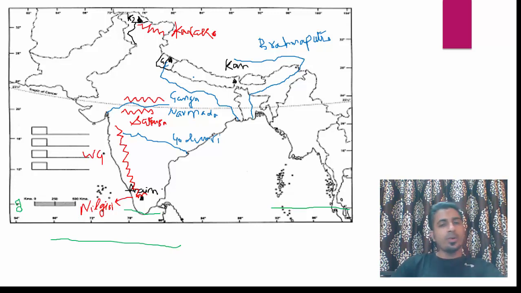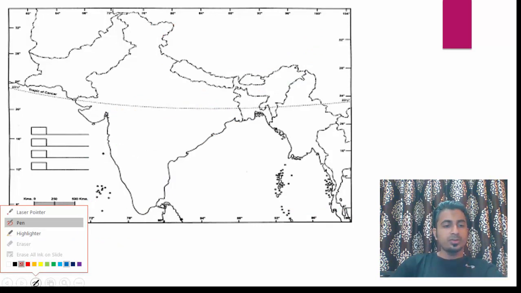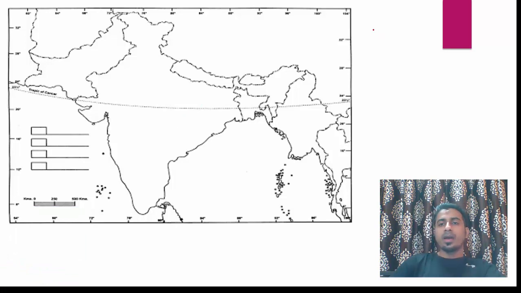Okay. So the next item for us is the passes. This map is very much filled, so I will take the next map. For mountain passes, you will use brown color, and I won't be able to make this type of depiction, but passes are depicted on maps like this. I will just make a point, but in your map you will have to make this symbol for passes. This is a symbol for passes.